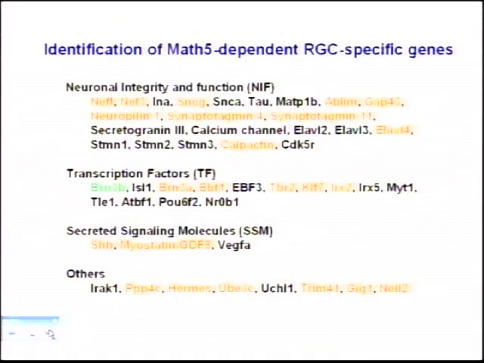So in the orange are genes that are downregulated in both Brn3b mutant retinas and MATH5 mutant retinas. And in the black, here's this internexin alpha, are genes that are downregulated in MATH5 mutants but are not downregulated in Brn3b mutants, telling us that Brn3b doesn't do everything, but MATH5 is very upstream and basically takes away all the genes that are associated with retinal development. And you can see, of course, Brn3b is highly dependent on the presence of MATH5 for its expression.